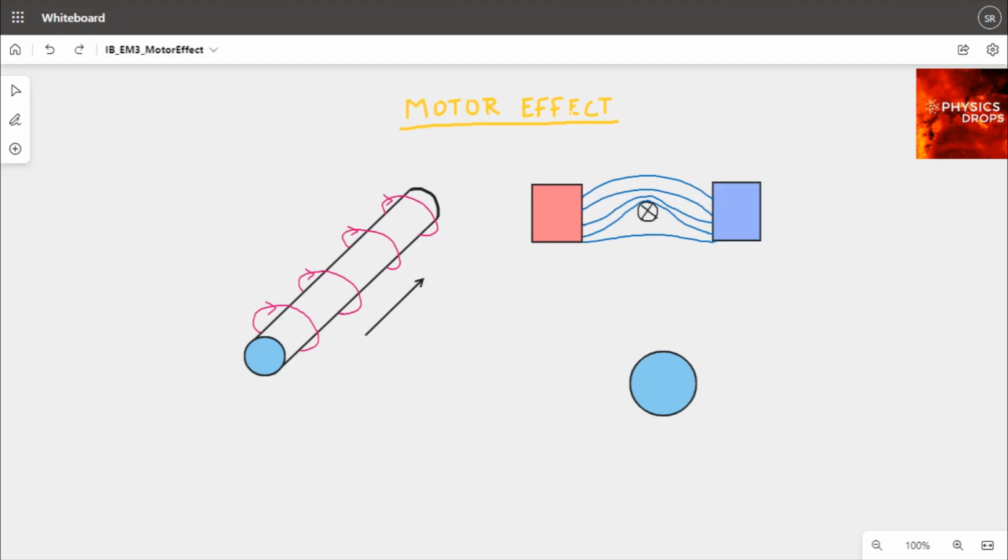Hi, let's try and understand what the motor effect is. If we have a current-carrying conductor as shown here, then we know that when current flows through it, a magnetic field is created around it in a circular fashion, centered around the conductor. This direction can be found by the right-hand rule, where the thumb points in the direction of the current